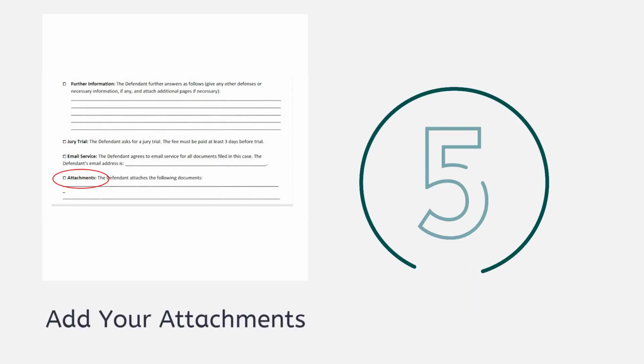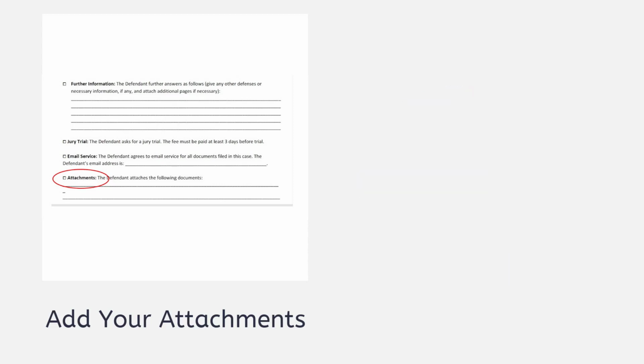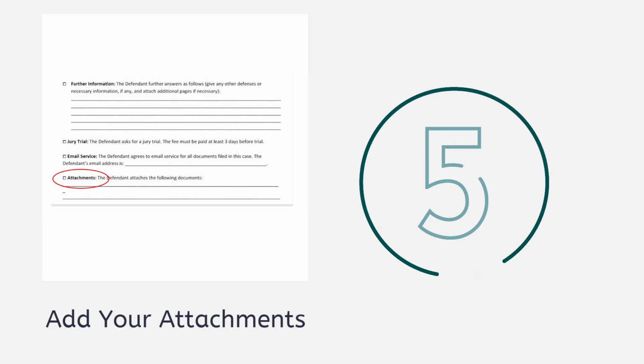Step 5. Add your attachments. If your explanations do not fit in the form, feel free to add it to a separate document. You will add that document as an attachment. Write "See Attached Document" in the space for the explanation on the form. You can also attach other evidence, such as a copy of the lease or evidence that the CARES Act applies. List a title for each attachment. For example, you can list the title of your lease as Lease Agreement.